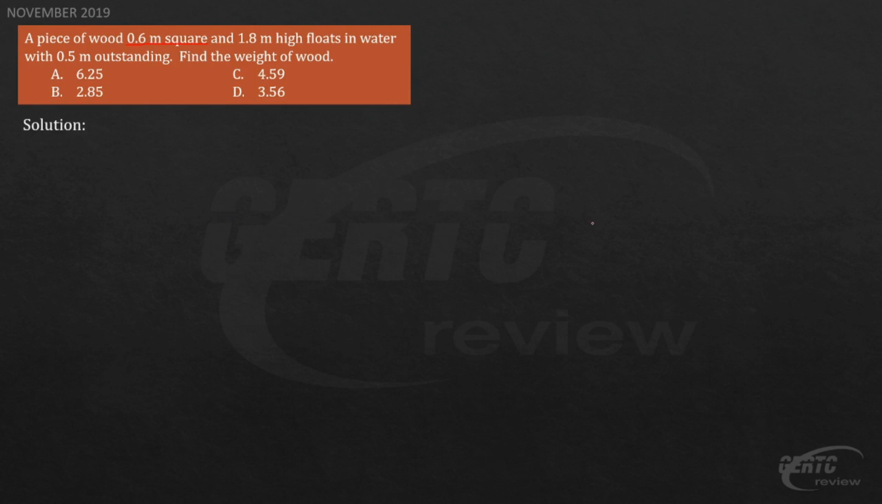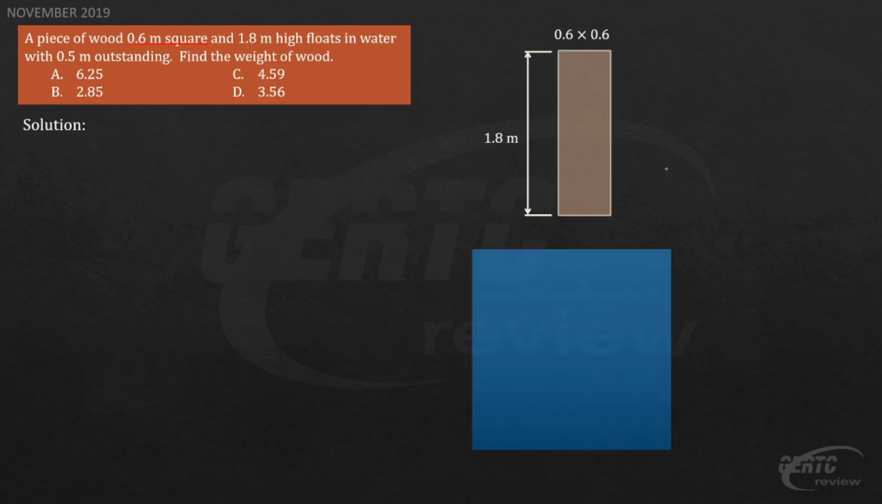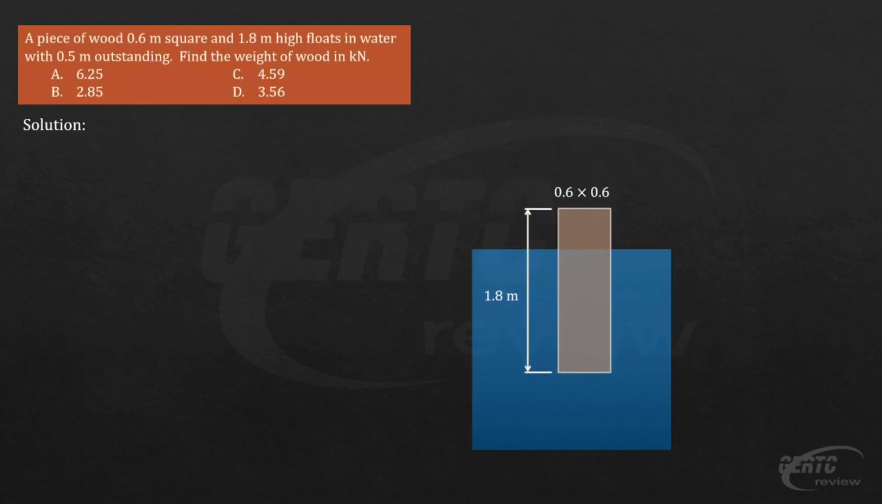So, buoyancy. The cross-section is 0.6 by 0.6, and the height is 1.8 meters. When floating in water, vertically, it has 0.5 meters on top, outstanding. So, if that is 0.5, the depth here is 1.3. The question is the weight of the wood. To solve it, we need the unit weight of the wood. Of course, we are in equilibrium, with buoyancy. The forces acting are the weight of the wood and the buoyant force acting on